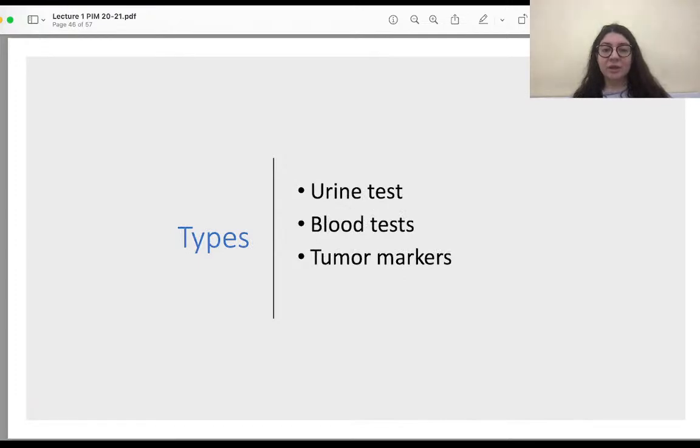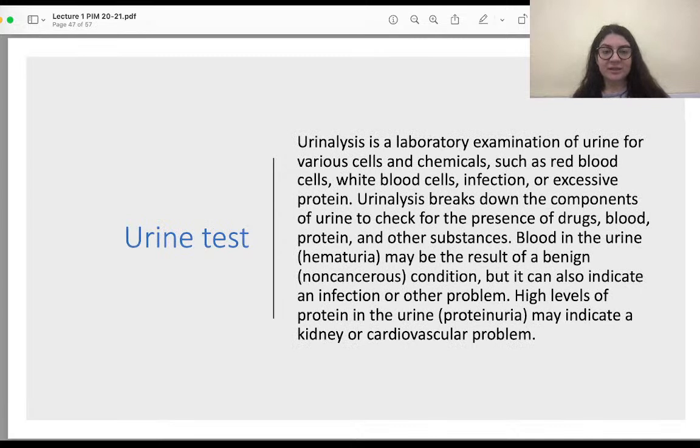The main types are urine tests, blood tests, and tumor markers. Urine tests. It is a laboratory examination of urine with various cells and chemicals, such as red blood cells, white blood cells, infection,